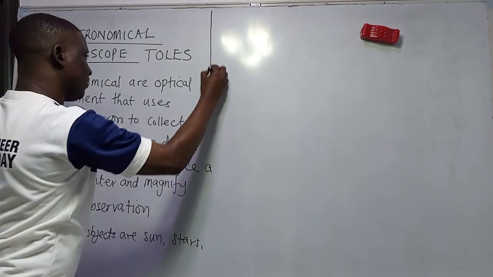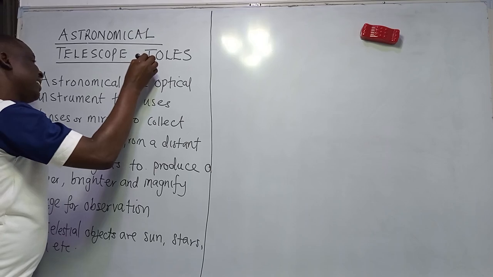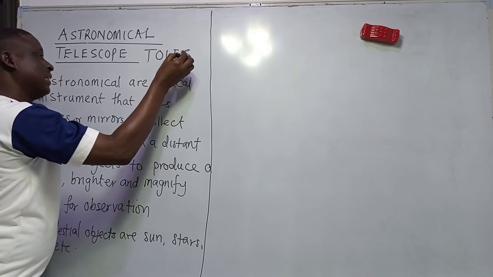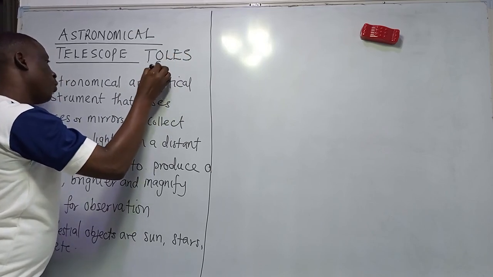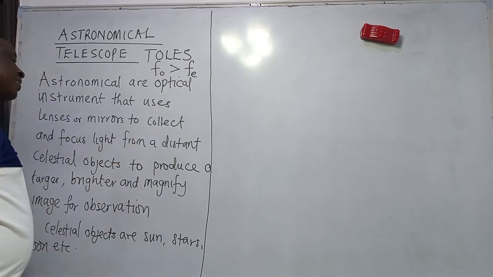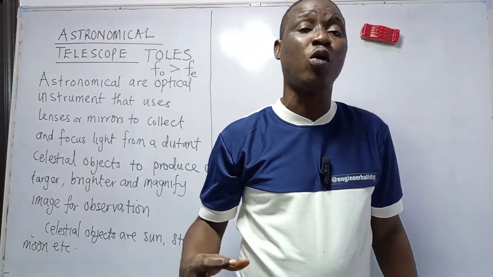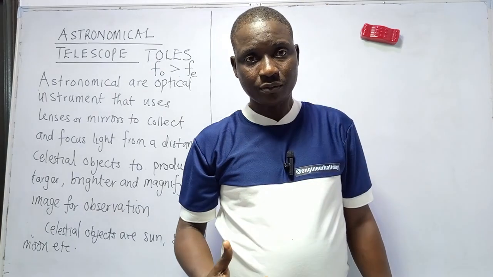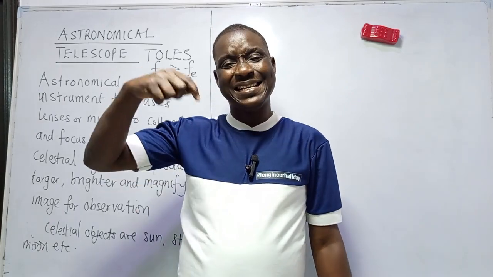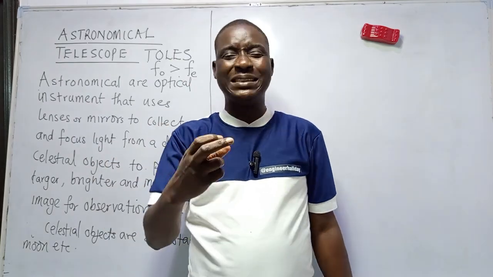So let us draw it. That is to say, what we have just mentioned, that in a telescope, the objective lens has a longer focal length and the eyepiece lens has a shorter focal length. That means the objective lens has a higher focal length than the eyepiece lens. In a compound microscope, the two of them are shorter, and even if they are short like that, the eyepiece focal length is higher than the objective's,